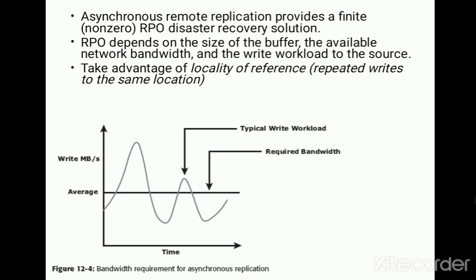So with this one, in case the data has to be written multiple times to the same location, what happens is, before it is being written, all the data is buffered, and it is going to write the final data. Because of this, the typical workload can be reduced instead of writing it multiple times, and it can even save bandwidth, and we can make sure that the buffers can be used properly in such situations, right? So through this one, the utilization of the resources is also done at the proper point.